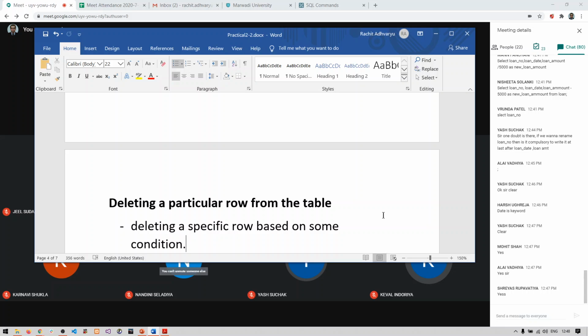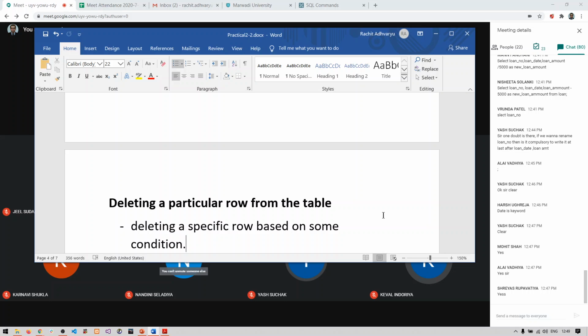If we do not write down the condition, it will update the value for the complete column, all the rows. Similarly, for deleting a row, we also require a condition. If we do not provide a condition, then your complete table or complete rows will be deleted. There is no option to retrieve back deleted rows.